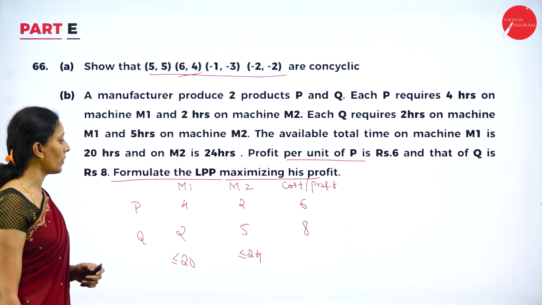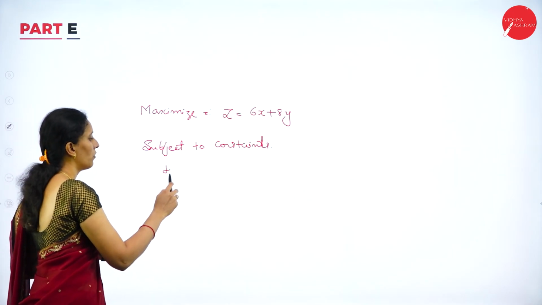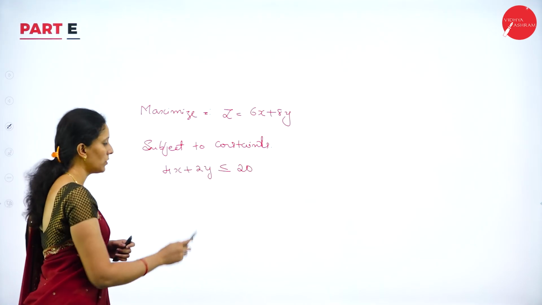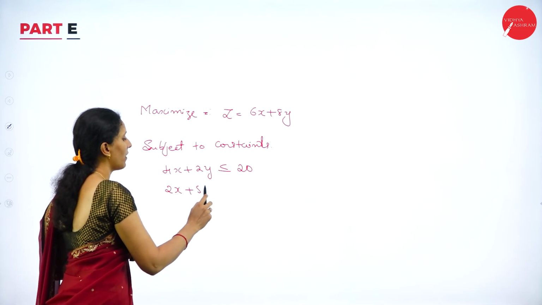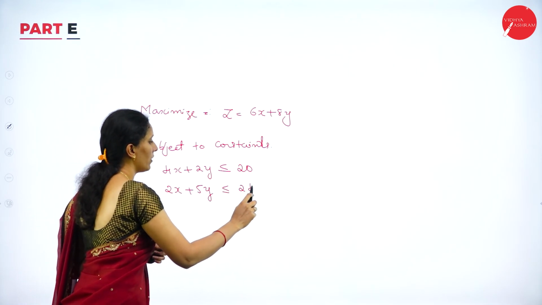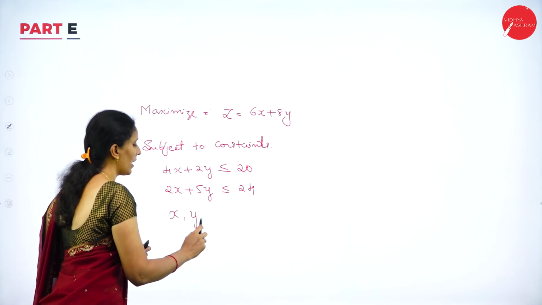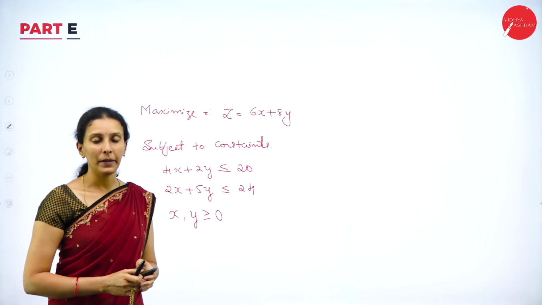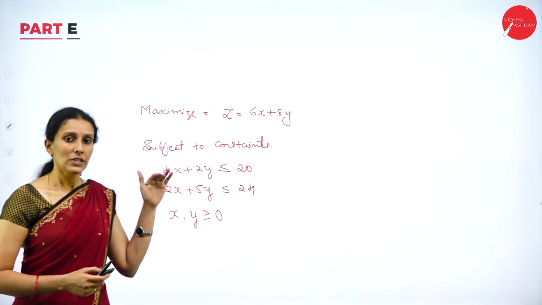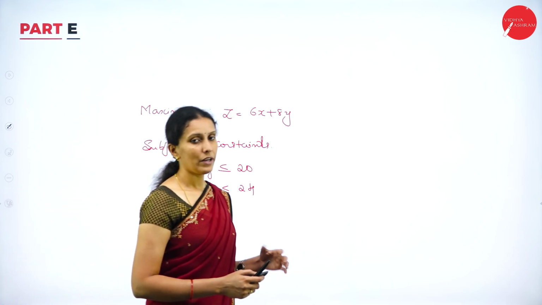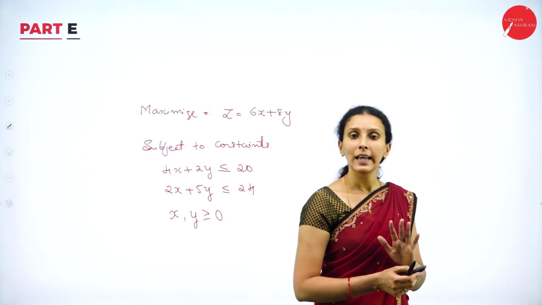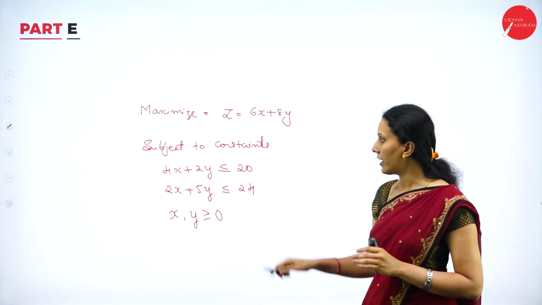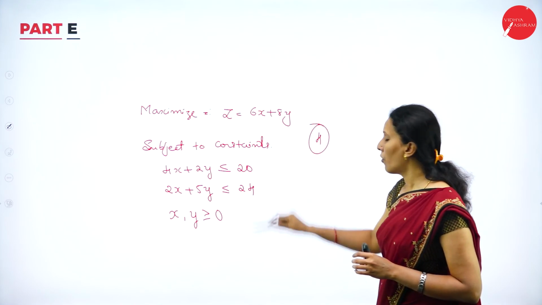So, let us write this equation. For M1, 4x plus 2y less than or equal to 20. For M2, 2x plus 5y less than or equal to 24. Take both x and y greater than or equal to 0. So, this is the formulation of the LPP required for the given statement. Like this, for any statement that is given, you have to analyze it and formulate the LPP. To write the table and all these linear inequalities, you will have 4 marks for this